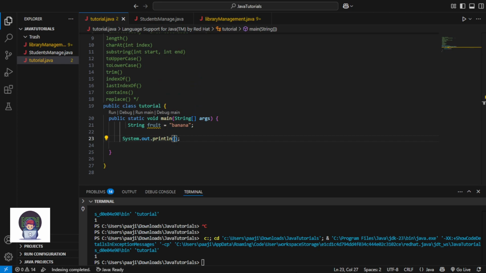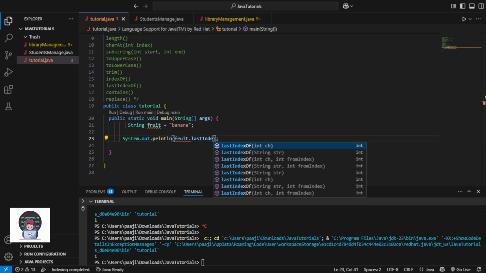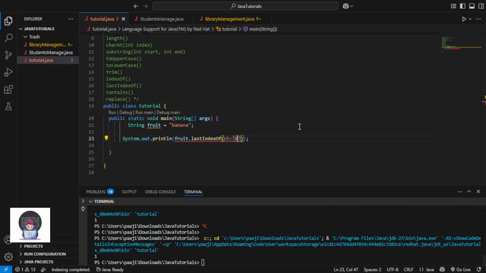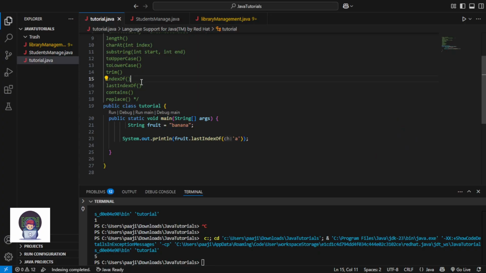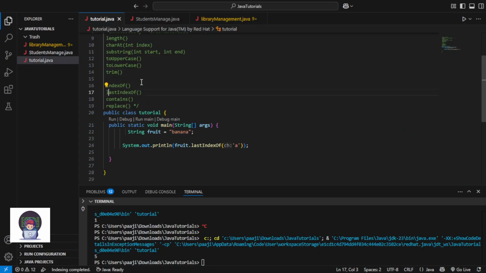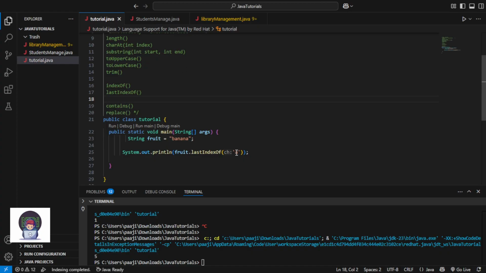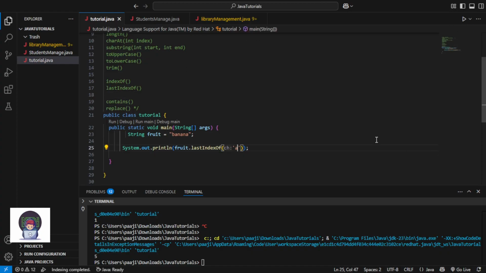So I will just do fruit dot last index of which character, a, the lowercase, 5. Okay, one thing about these index of and last index of is that they are case sensitive. Okay, obviously. So a is different than